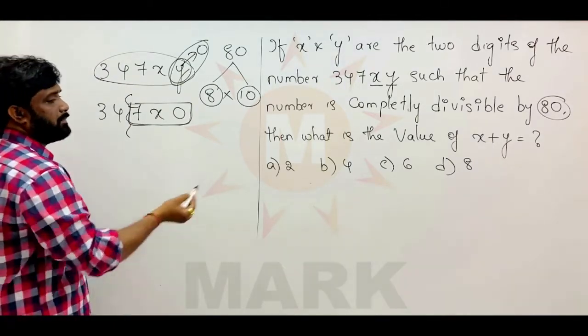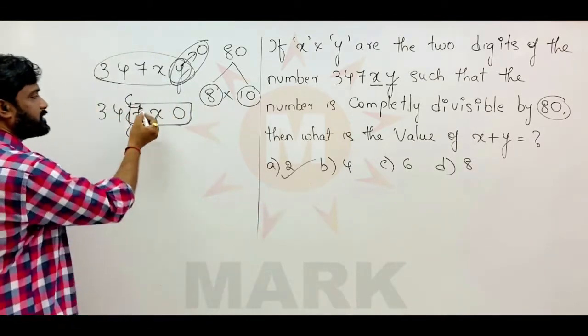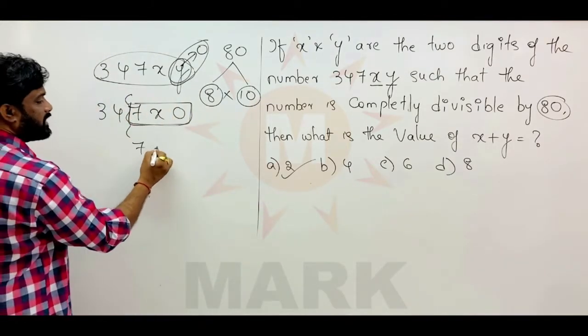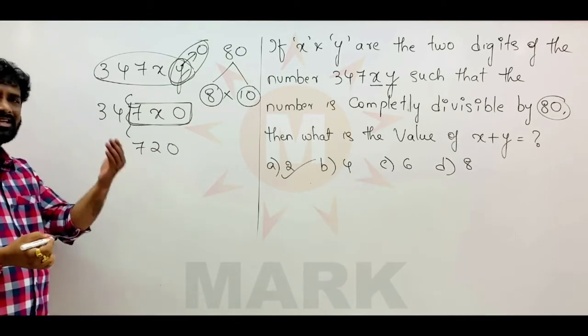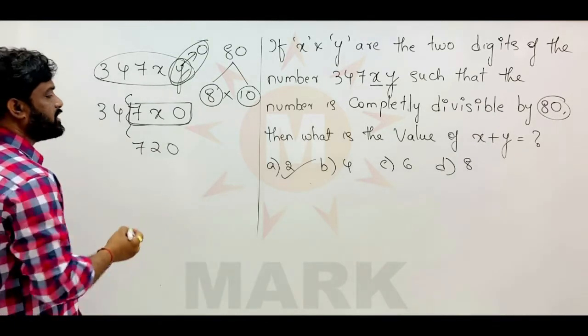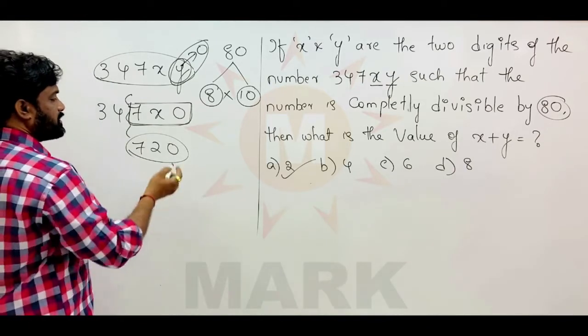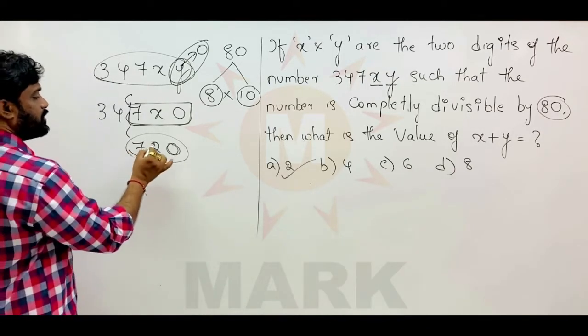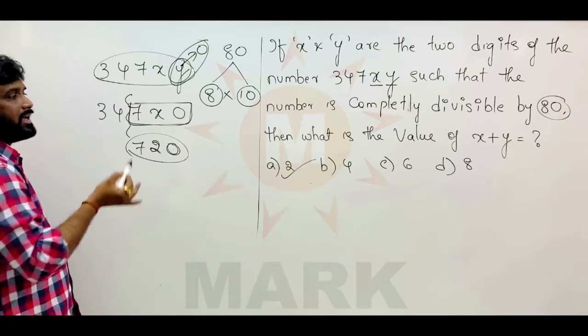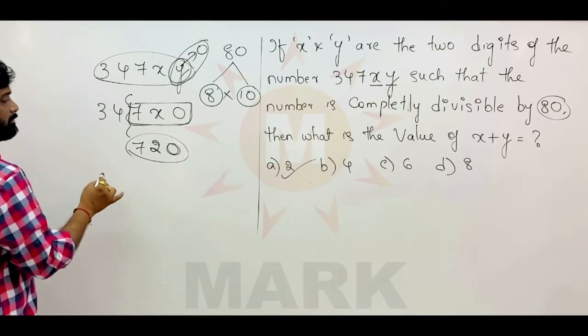Clearly anybody can say by looking at these options, if I put 2 in the place of x, it will become 72. 72 is clearly divisible by 8, 8 9s are 72. So it is 72 and 0. Anyway, we know that 0, 10 is divisible. So 720 will be definitely divisible by 8. Now the entire number is coming as